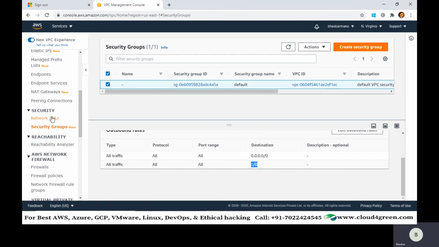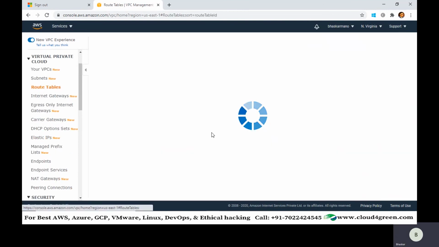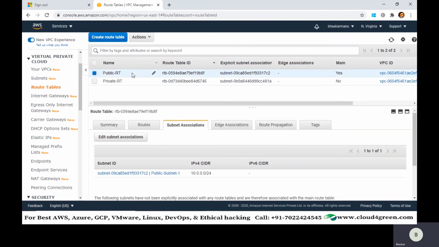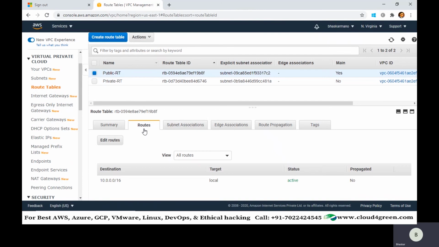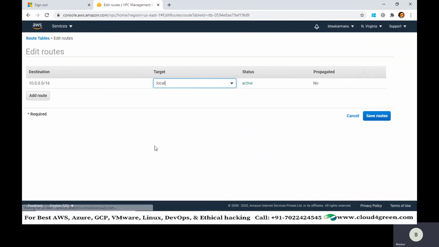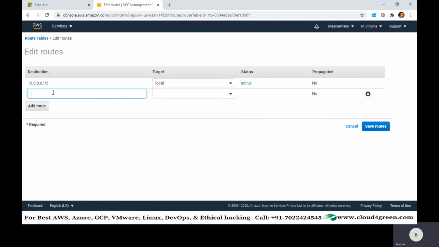Okay, now route table. As you know, we have renamed the default route table as public route table and we have associated the public subnet to this. Now, the public subnet range, what you see here, will not have a route to connect to the internet gateway. We need to manually update this information via the routes option. So I'll click on routes, edit routes, add a route, and now I'm going to give access to